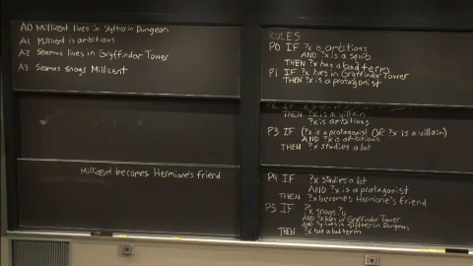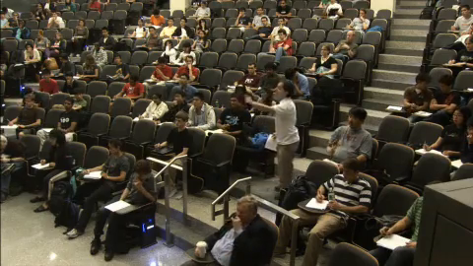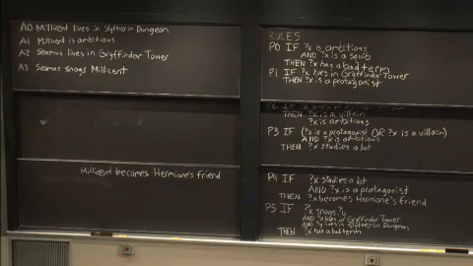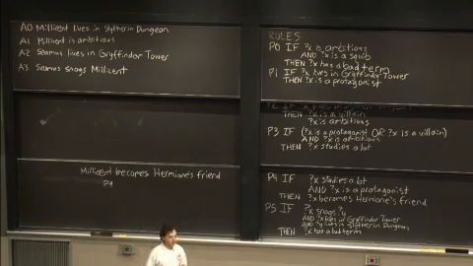That's right. And do you see any rule that could prove that Millicent becomes Hermione's friend? P4. That's right. You can see in P4, X, which can be anybody, anyone is capable of being Hermione's friend. Great. So P4 is our rule of the hour. So we're going to use P4. And when we use P4 to prove that Millicent becomes Hermione's friend, we're going to have to add something to the goal